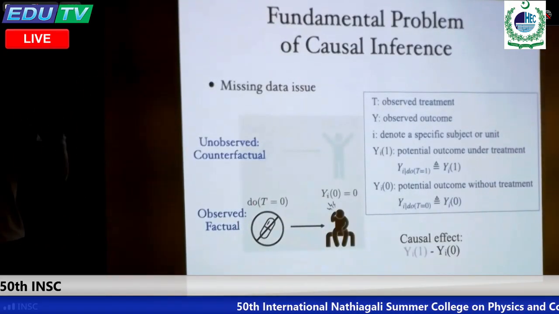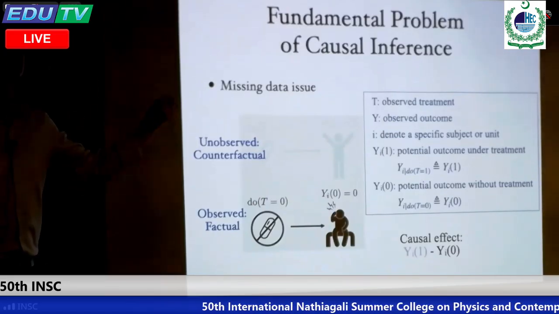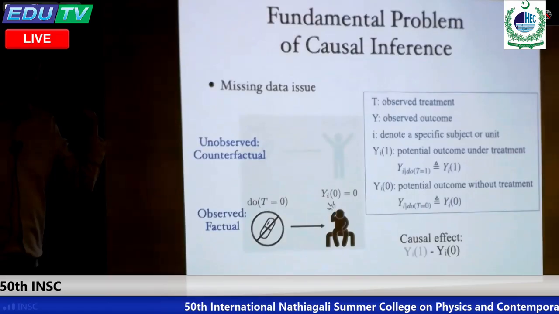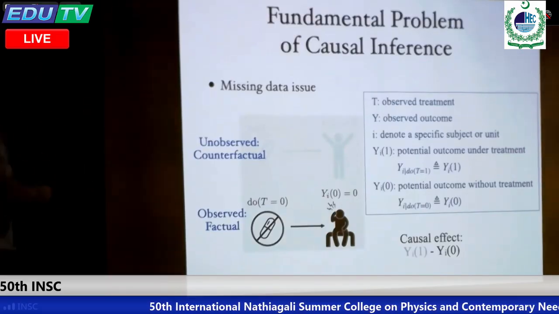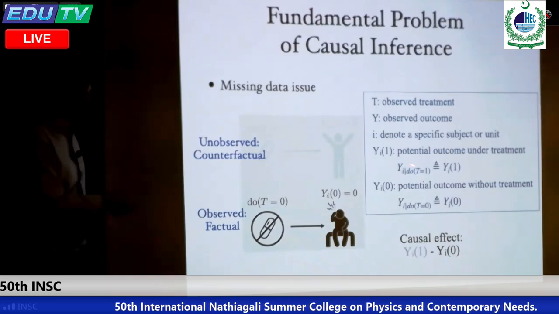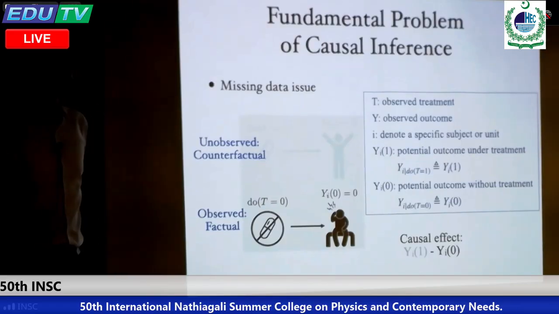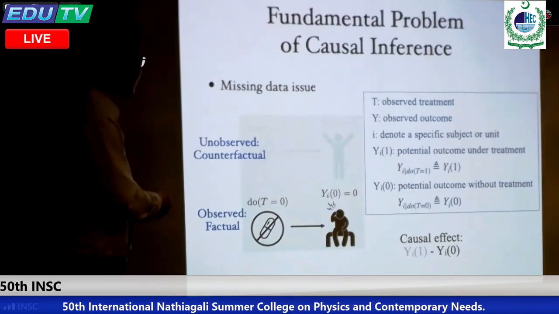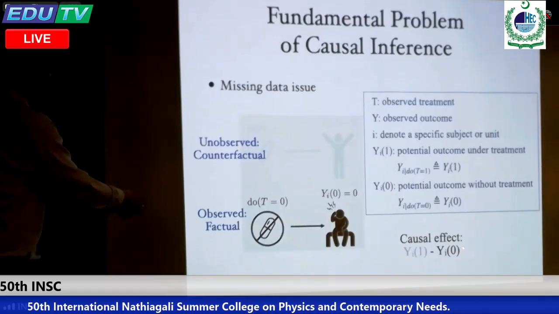For me, if you do intervention or treatment, then you cannot observe the outcome without treatment. Even if you can do it later, I will have become different. That's why you can only observe at most one of them. That's why this is called a potential outcome, because you cannot observe them, although they really exist. If you have access to those two, then the causal effect is very simple.